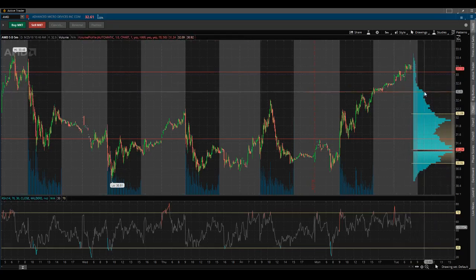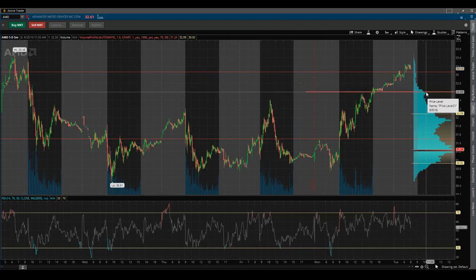It could drop down to 32.60. AMD loves to bounce and bounce hard. So if it does make it down to 32.60, be cautious and be ready. If you're going short or you're opening a long put position, be cautious at this level for a bounce back